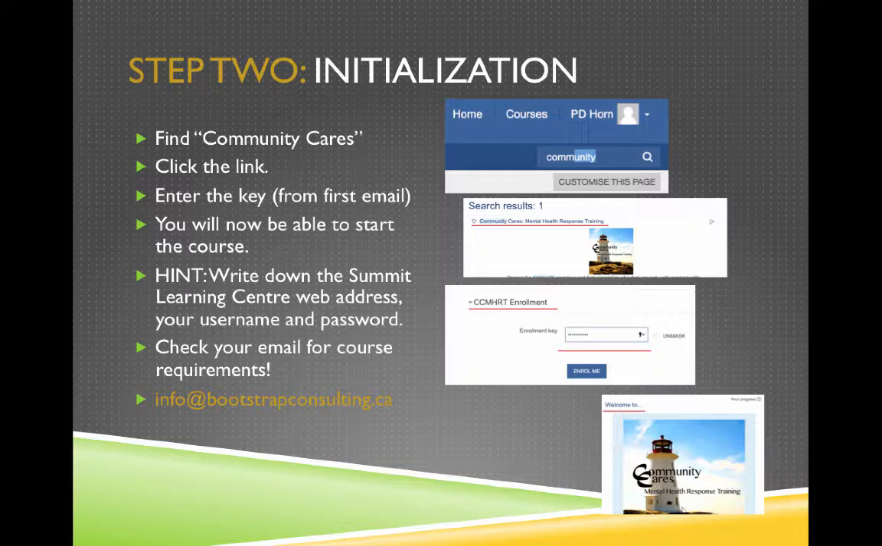Once you get that email, click on the link within it, and you'll come to that same Summit Learning Center page, and you'll see that it tells you that you can push a button. You'll see a screen that comes up, and in the top right, you'll see this search bar. This will make things a lot easier than trying to hunt through all the different courses to find Community Cares. Simply type the word community in, click on the little magnifying glass, and you should receive a screen that says